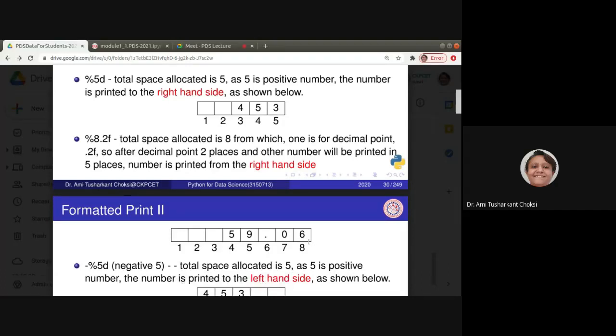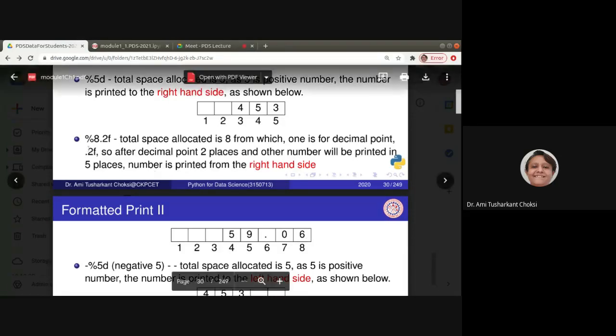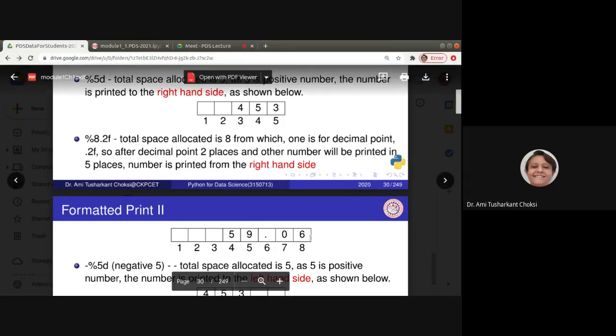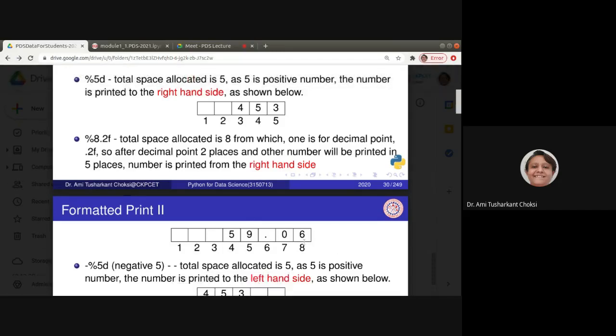Now what to do is, as we have seen that .2f means one is the decimal point and after that two decimal digits will be there. So for that, from the last of the 8, let us consider this is for the first digit, second digit, that is after the decimal point, and this decimal point, right?